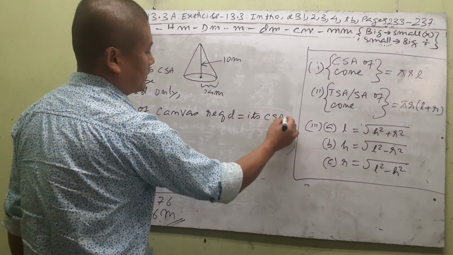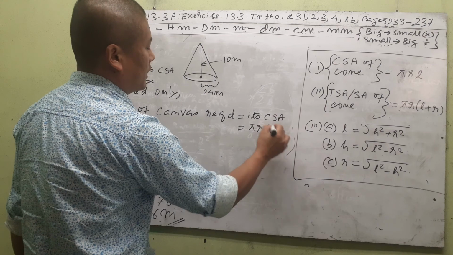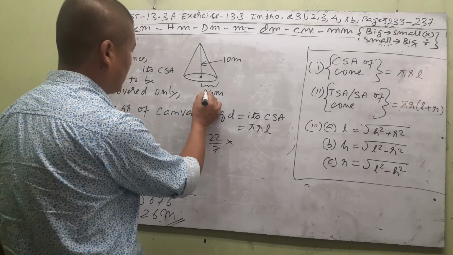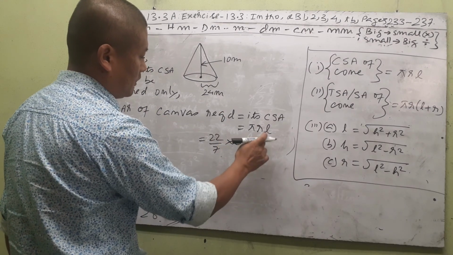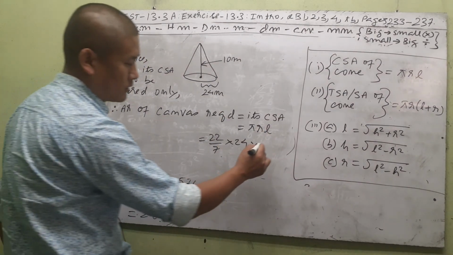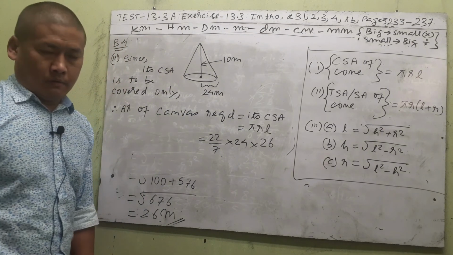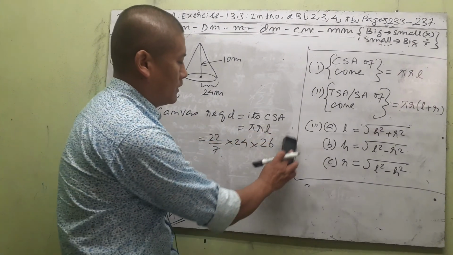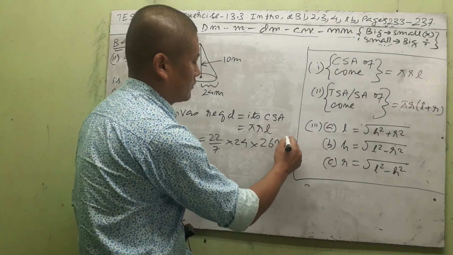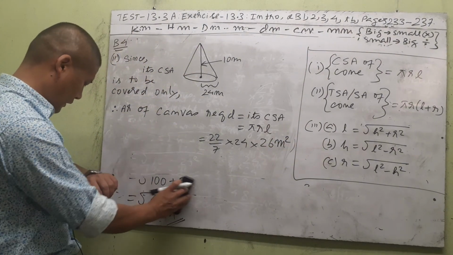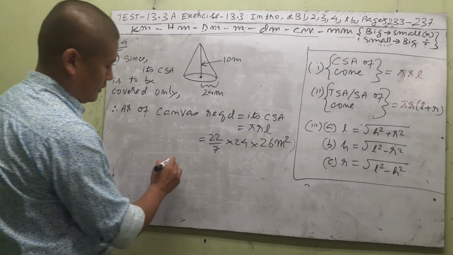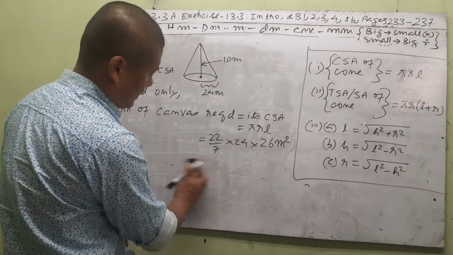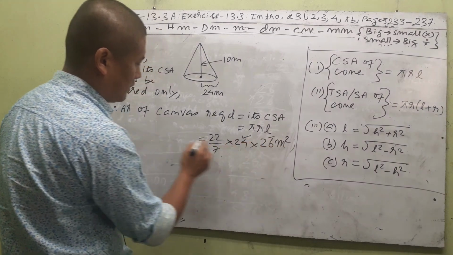its curved surface area, which is pi RL. So 22 by 7 into R, here we can see 24. L we just now got 26. Right, so R 24, L 26. And area means meter square, so we just put meter square at the back. Then that will be equal to 22 by 7 into, okay, so you can just multiply it. You can multiply 26